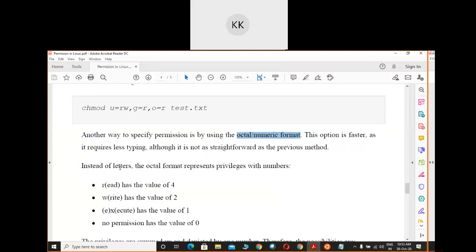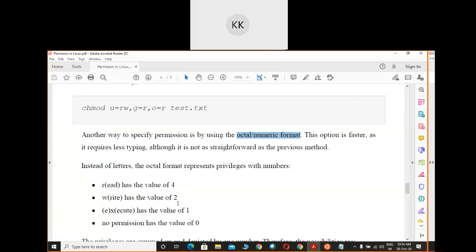Instead of letters, the octal format represents the privileges with numbers. For read you have to write 4, for write you have to write the number 2, for execute you have to write the number 1, and for no permission you have to write the value 0.